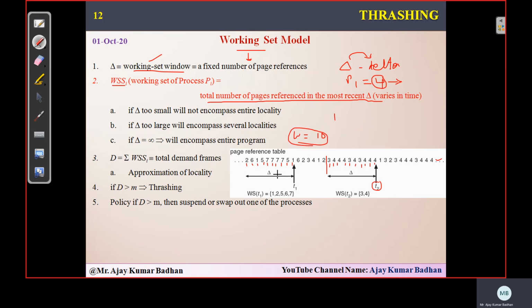Now in this, the system will find out which particular page is referred multiple times. Actually, it will convert it into a set. In mathematics, you know that we have intersection. We have two values, A and B. A has 1, 2, 3. Sorry, I'm talking about union. B has 3, 4,